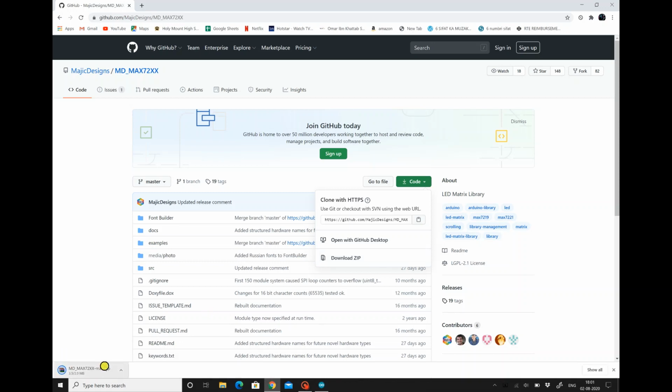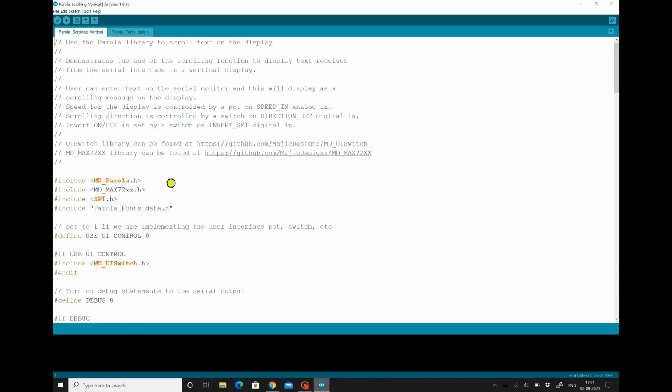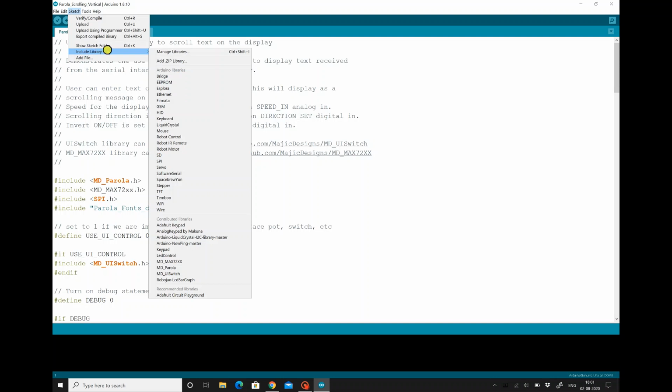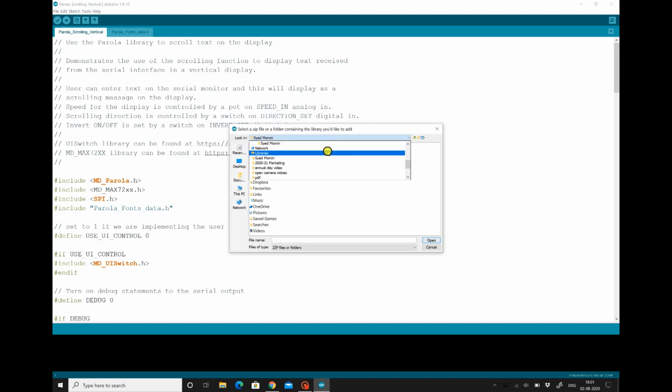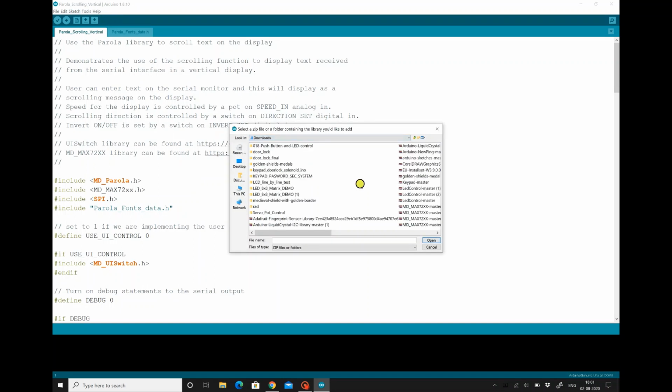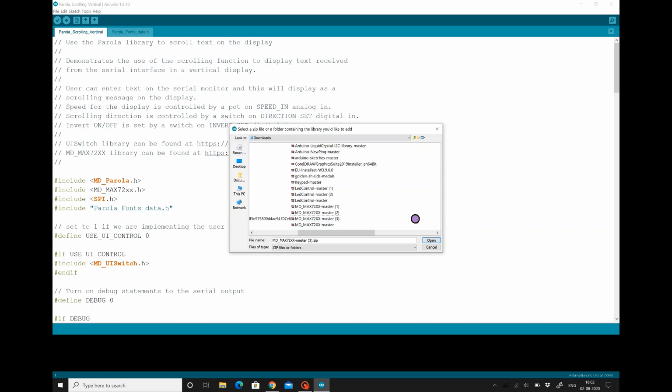Once the zip is downloaded, open the Arduino software, go to sketch, include library, then add zip library. There you open downloads. In downloads you can see Max 72XX here. Double click on that and click open. Once you do this, the library will be included in the software. The same procedure has to be done for MD Parola and MD UI Switch.